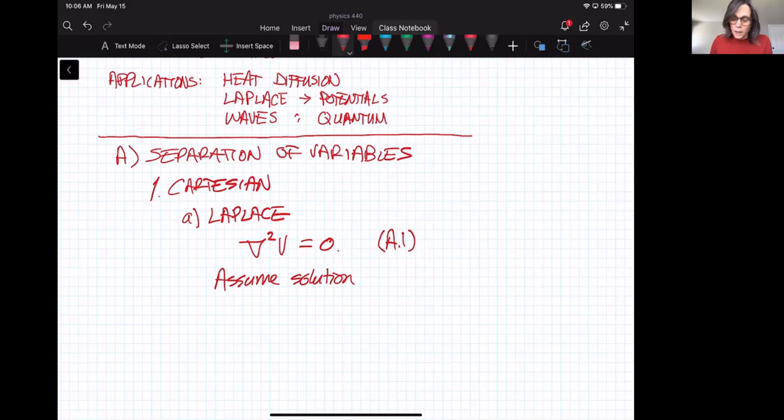So if we assume a solution V is equal to some function that depends only on x, some function that depends only on y, and some function that only depends on z,